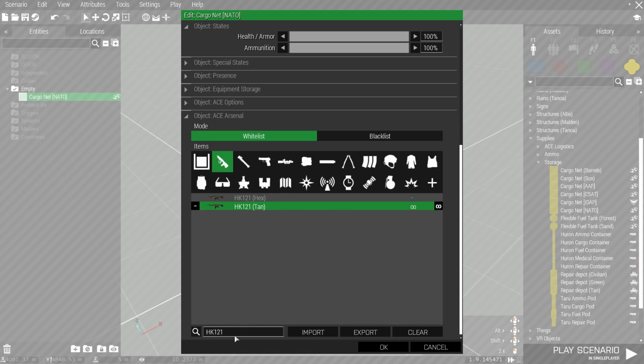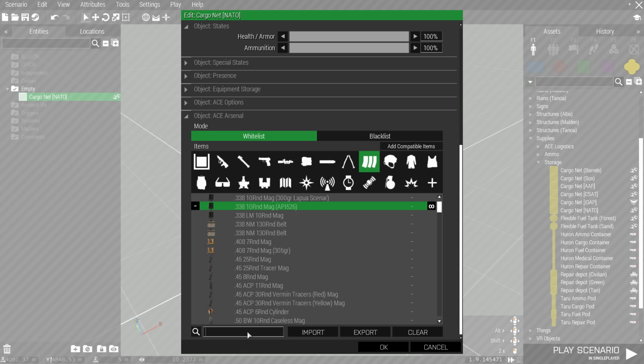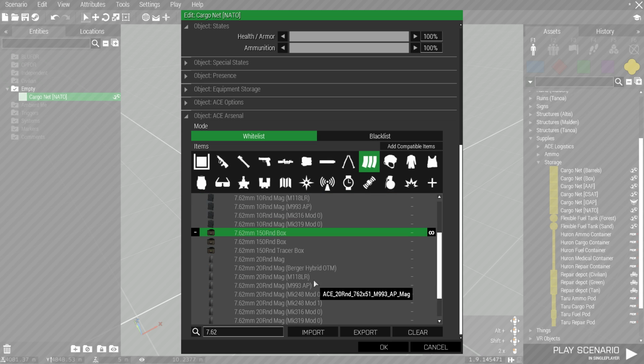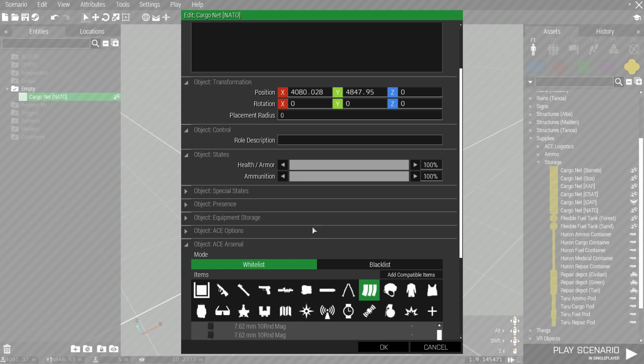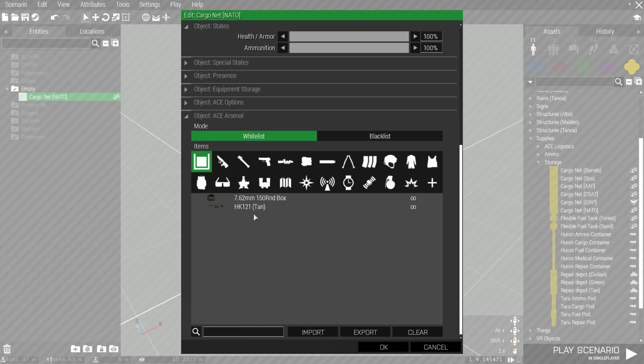We'll get that one, and then we will get some appropriate ammunition for it, which would be in here. Let's see, 7.62, and I believe it's this one here, so we will get that box. So that is what we have,